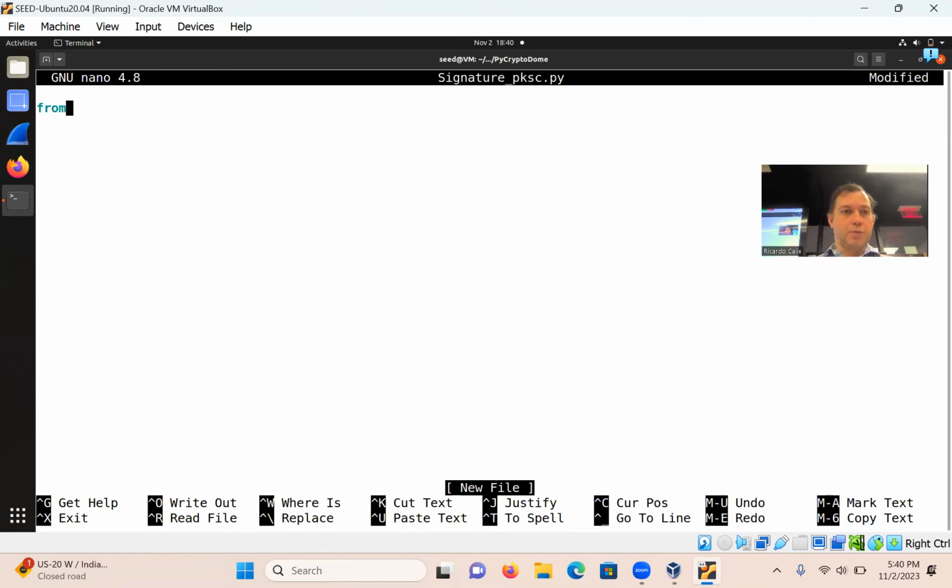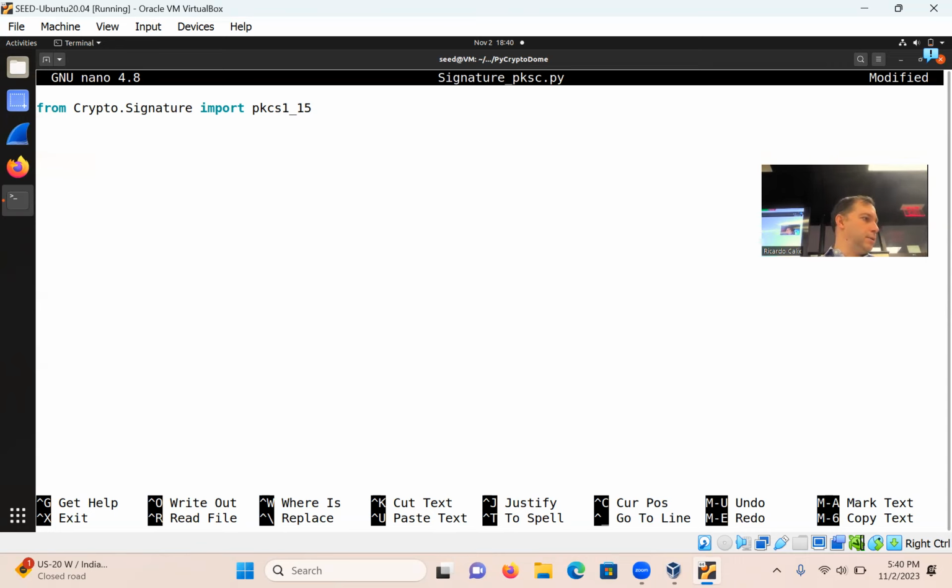We are going to do from Crypto dot Signature import PKCS1_15. Okay, that's again just another version, if you want to think of it that way, implementation of the